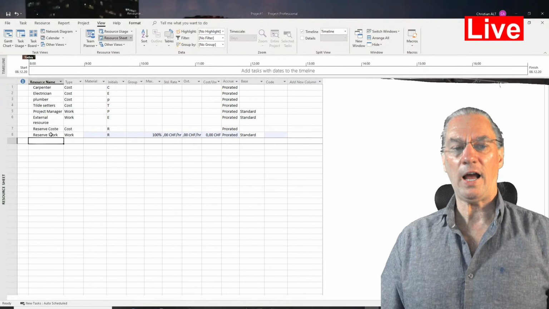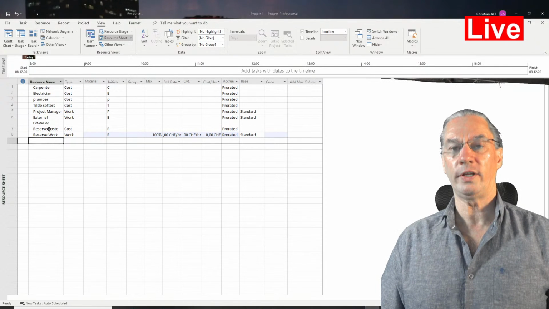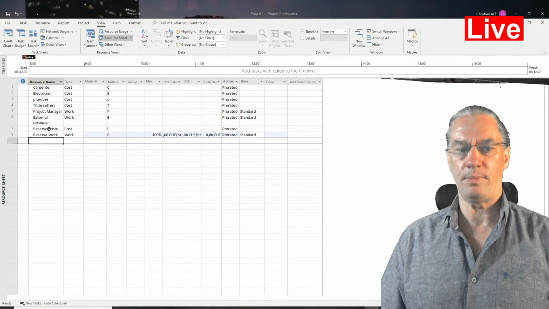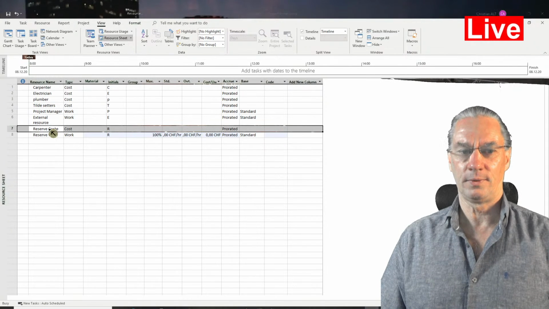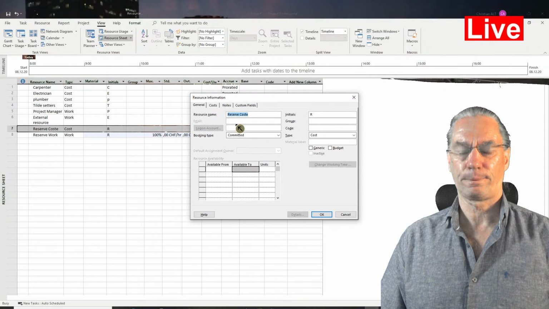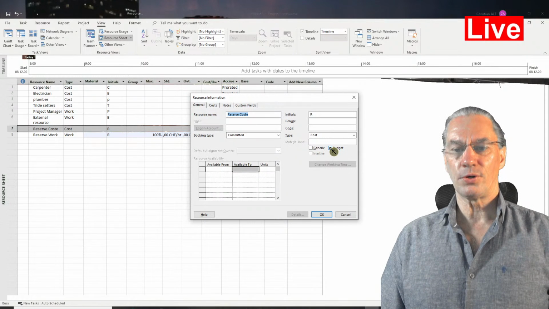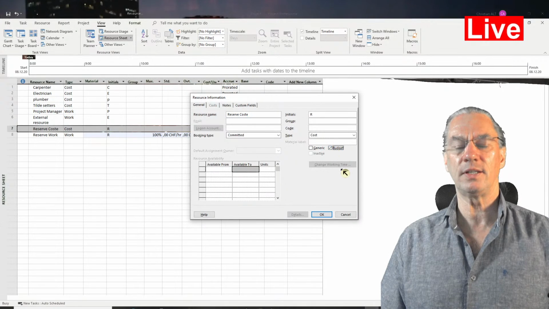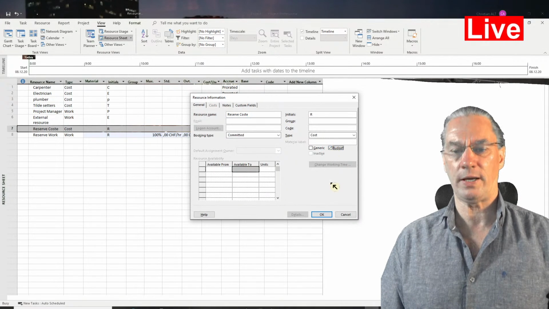Before, I forgot to say that those resources are specifically of type budget. Now I'm going to do it. So here within the general aspect of the resource, I'm saying that this resource is of type budget.